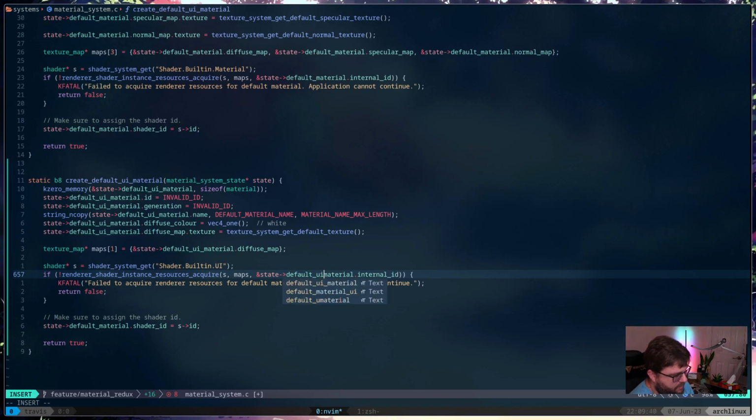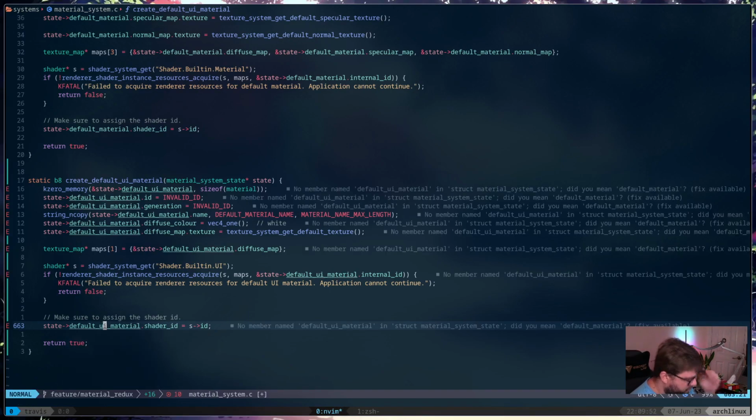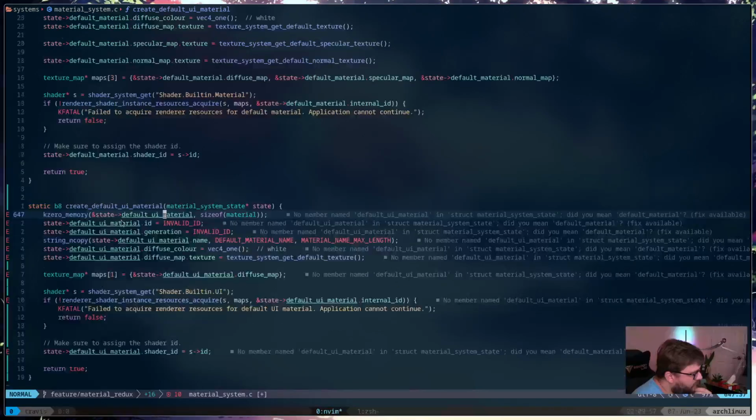Default UI material. Right, let's change the error message as well.